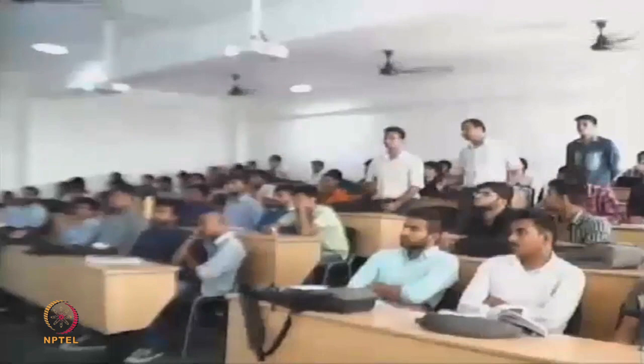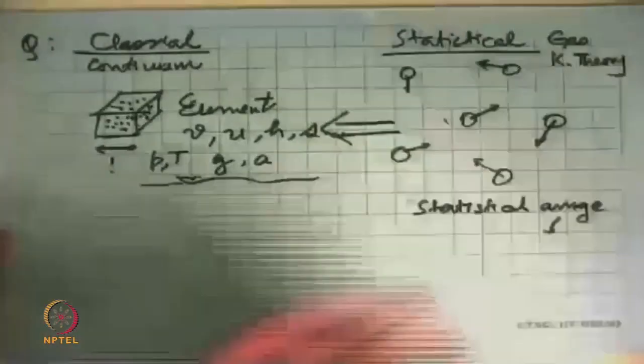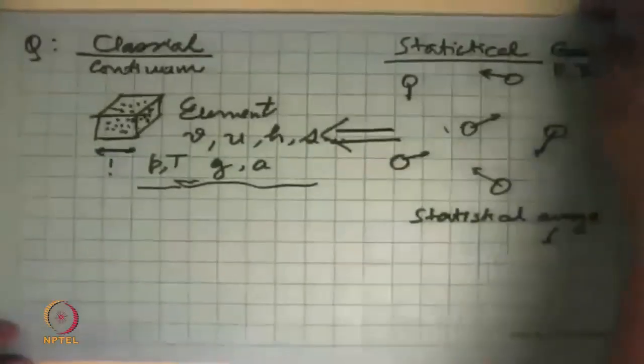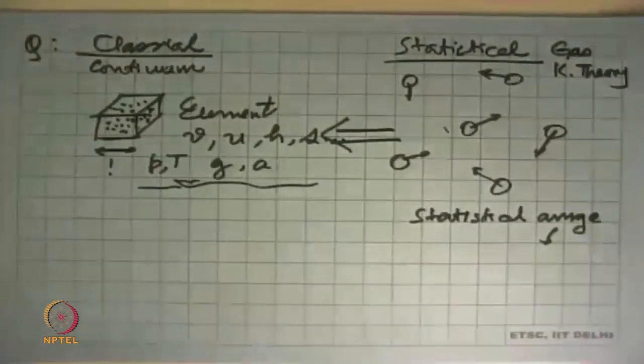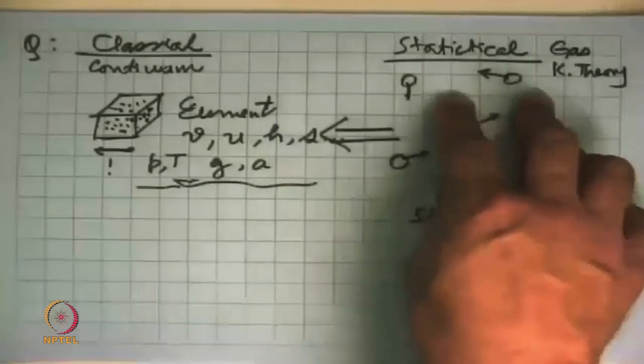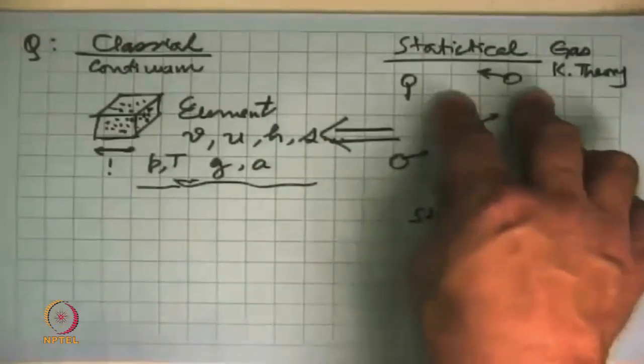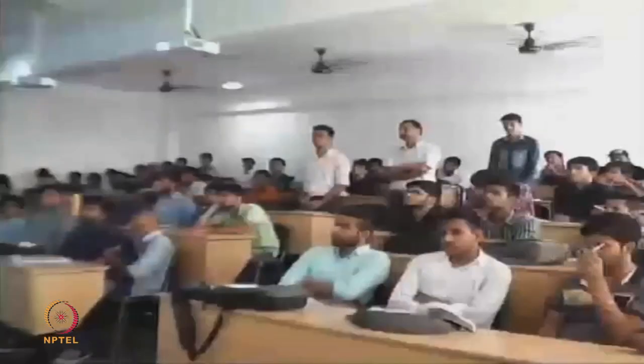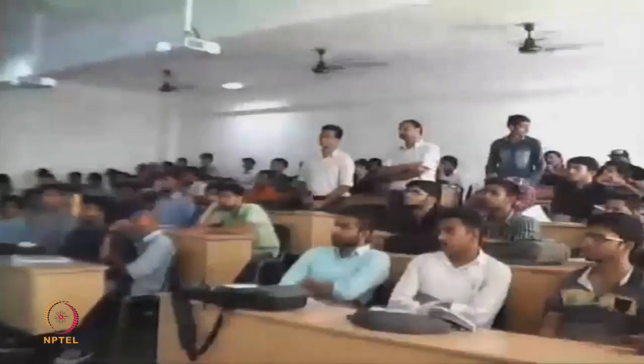So that's the difference between classical thermodynamics and statistical thermodynamics. If you want to look at things like reactions and mixtures in a very, very fundamental sense, one has to go to statistical thermodynamics, and that's not the subject of undergraduate thermodynamics courses. We do that typically at postgraduate level and at research levels. So there you have to learn statistical thermodynamics.